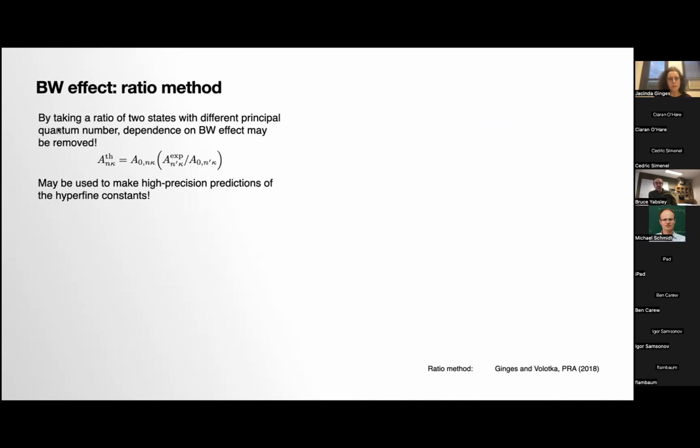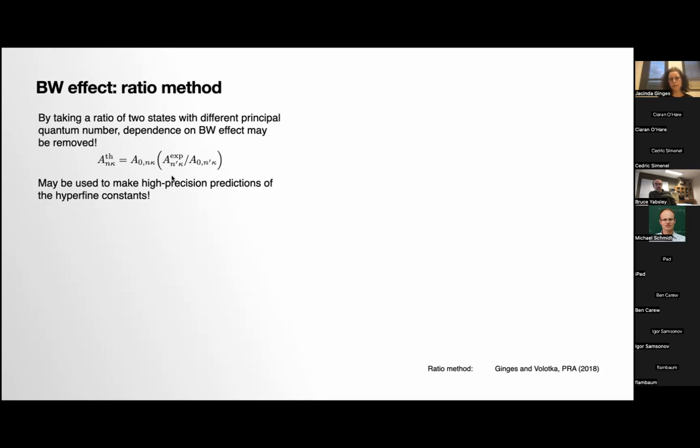Okay, so the first thing that we proposed was to do the following. This was really nice, because we noticed, of course, that this Bohr-Weisskopf effect is going to be the same for different states with the same angular momentum, so for different s states. What we can actually do, though it's not all clear from this equation, is take the ratio of an experimental hyperfine structure constant divided by the hyperfine constant from some calculation for that high state. So you can take this with no input for the nuclear magnetic structure whatsoever. You just calculate it for a point nucleus.